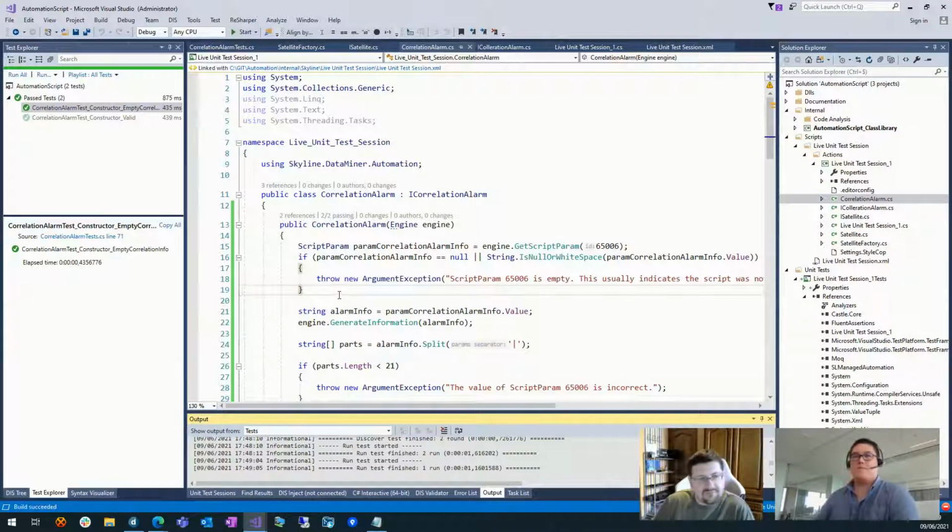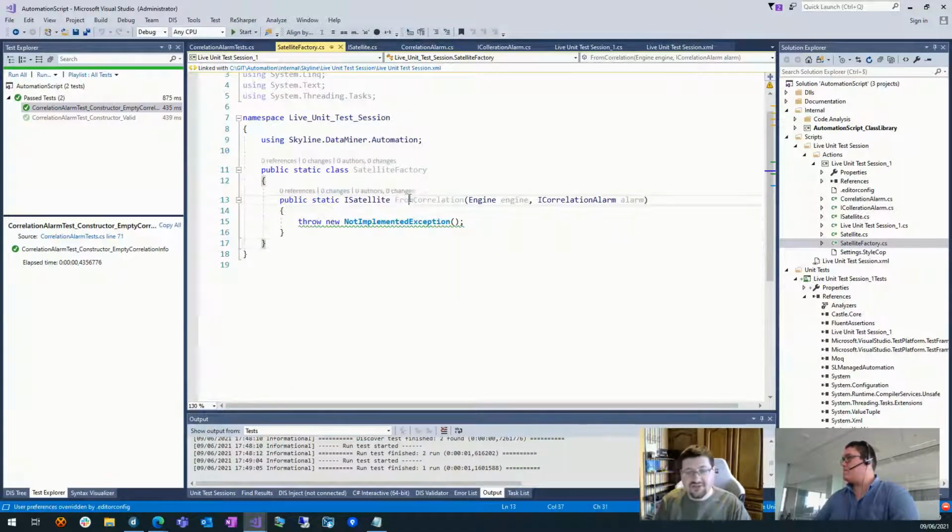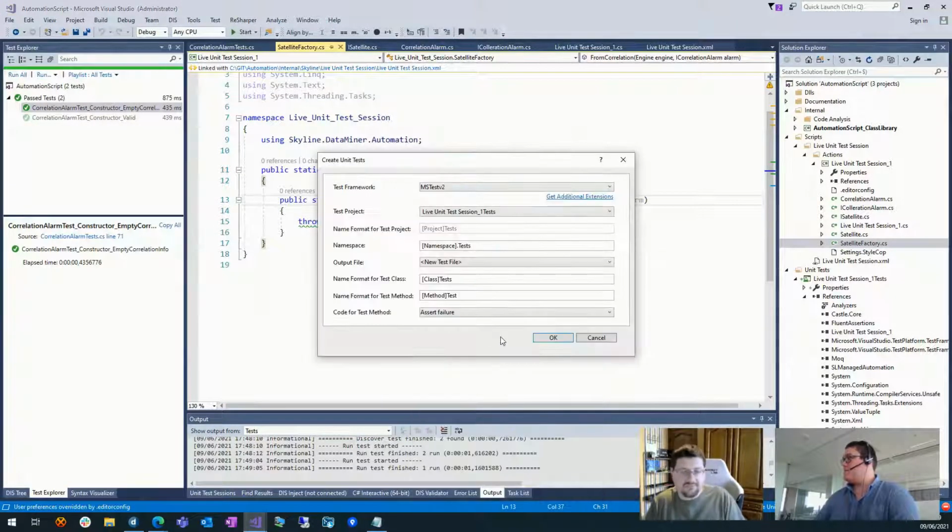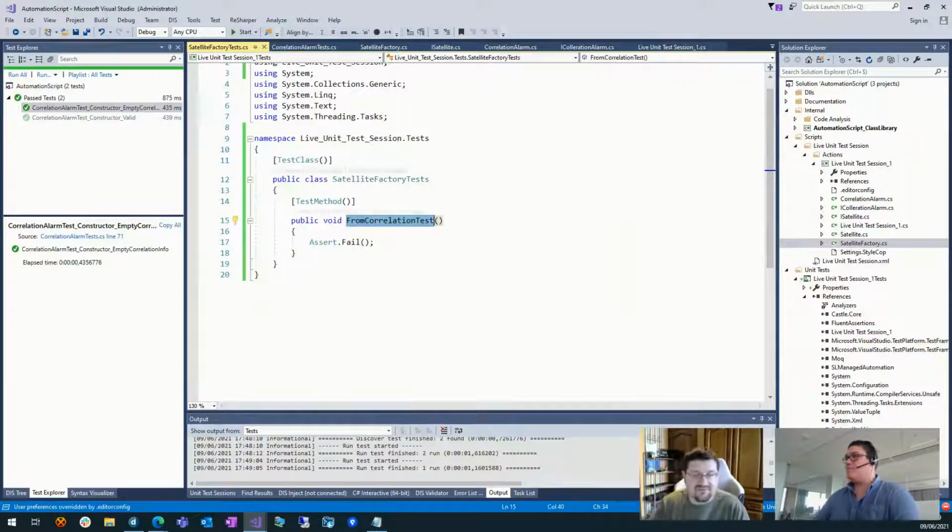So that's pretty much it for the correlation parsing. We've got a few other things, but we are getting to the end. It's a nice example, but I think we have quite a lot of content to go through. But maybe we should focus on one of the cooler things here, which is the one with the DMS class. So that's going to be our factory. Let's do the factory, and we'll probably have to cut it short there. Unfortunately, we're not going to do the satellite part, but it's similar to everything here.